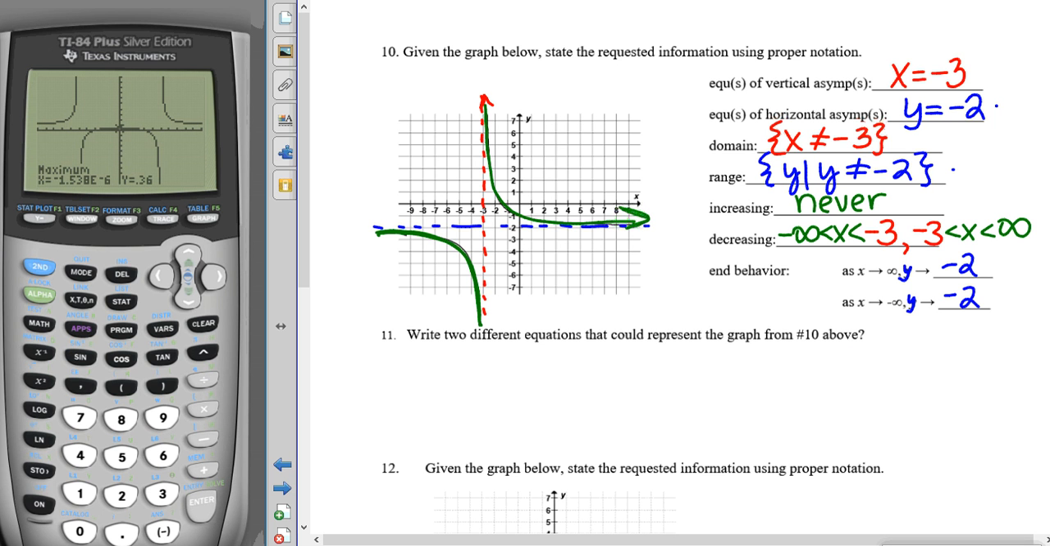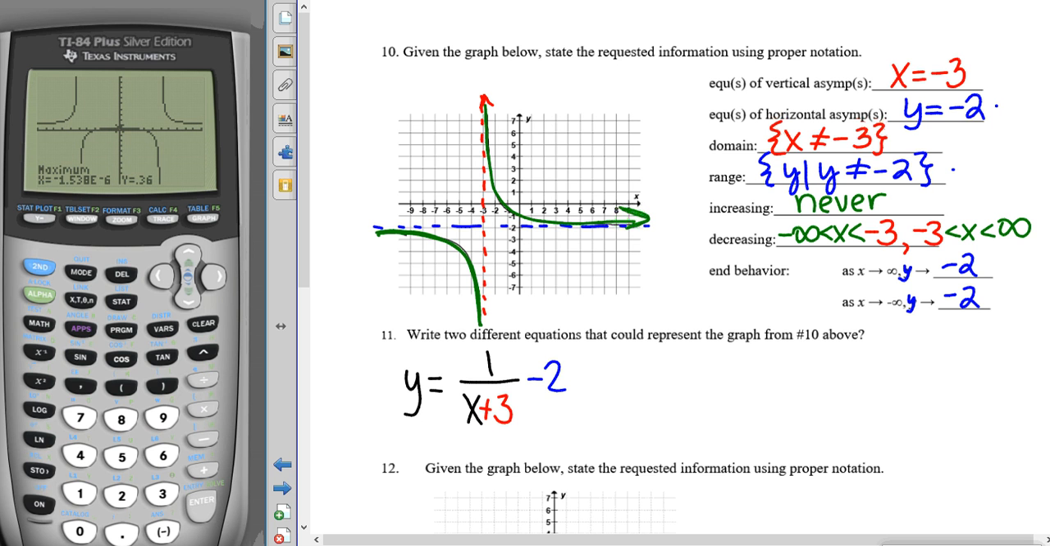Well, if you're starting from scratch and writing an equation, you know your parent function for this thing was 1 over x. But we've done some moving. We've moved our graph 3 to the left to get this vertical asymptote. To move 3 to the left, I put an x plus 3 on the inside. I've also moved my graph down 2 spaces to get my horizontal asymptote. To move down 2 spaces, I want to put a